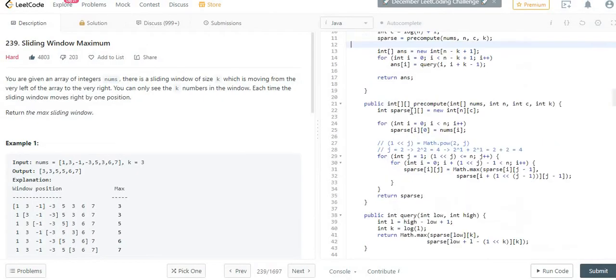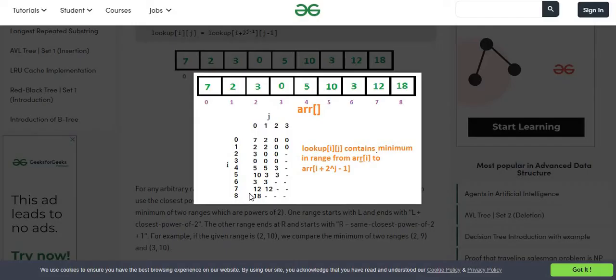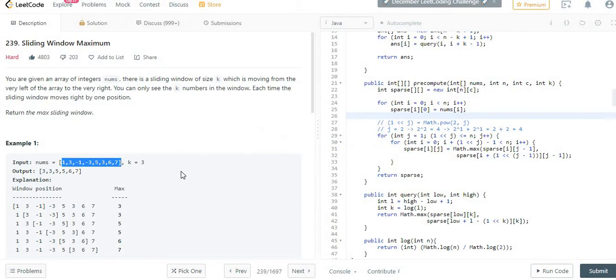After that, when we calculate the results, initially we keep all the elements at the 0th index, or the 0th column, for each of the rows. You can see these 7, 2, 3, all the elements are mapped against this row for the 0th column. After that, j is the power: we calculate 2 to the power j. Initially our j was 0, now our j becomes 1.